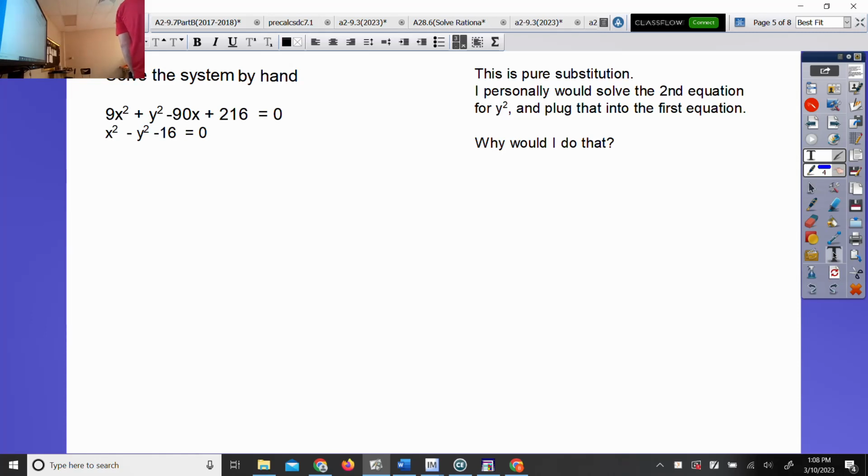No. It has nothing to do with the difficulty of solving. It has something to do with the top one. If you solve the second equation for y squared and plug in, the top equation becomes nothing but what? X's. That's why the suggestion is made. You have to think about your next step. The reason I do that is so that the first equation